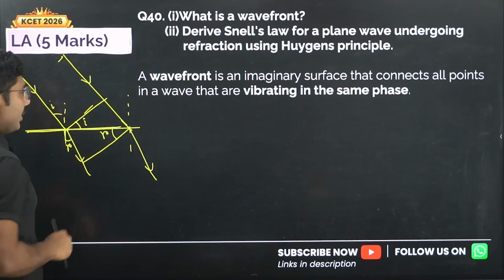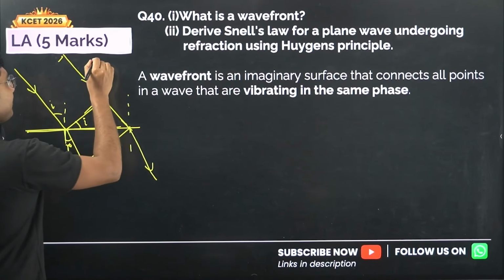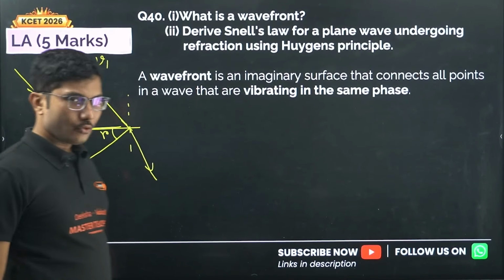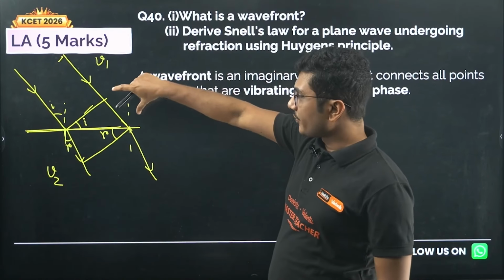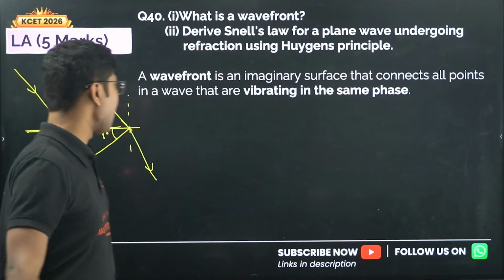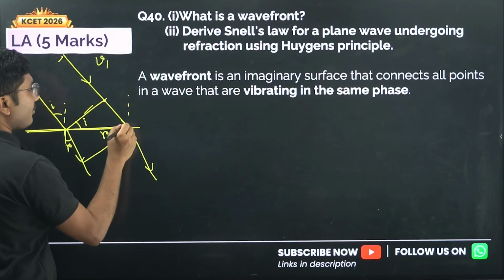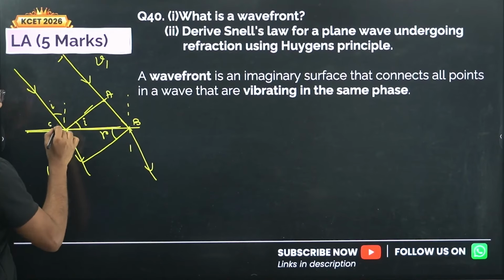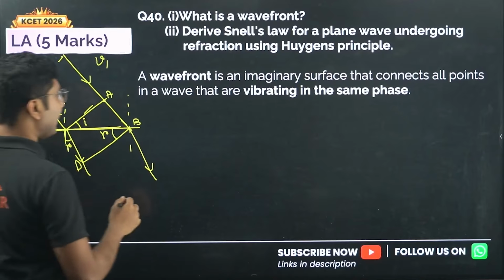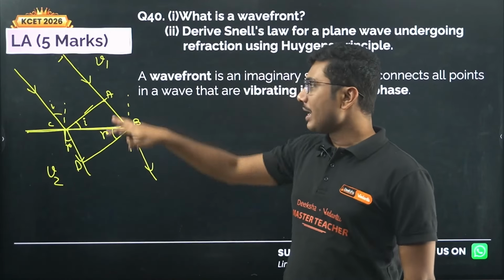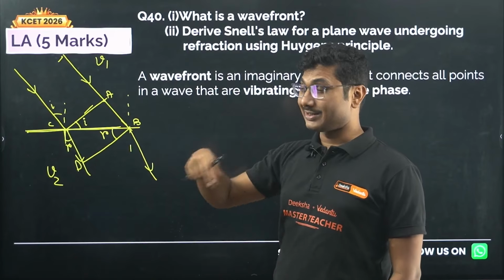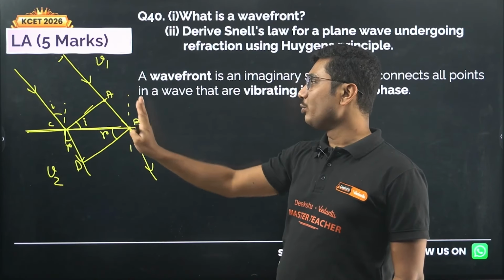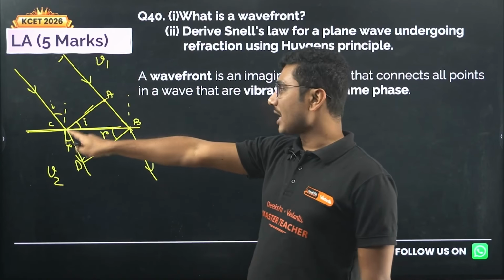Now what you have to do, remember that the speed of light, suppose in this medium is say V1, the speed of light in this medium is V2. And if this is the incident wavefront, this is the refracted wavefront, then you have to remember that the time taken by the light to reach from here to here, say A to B, is the same time taken by light to reach from C to D. Time is important, not the distance. Distance is not the same. So time taken by light to reach from A to B is the same as time taken by light to reach